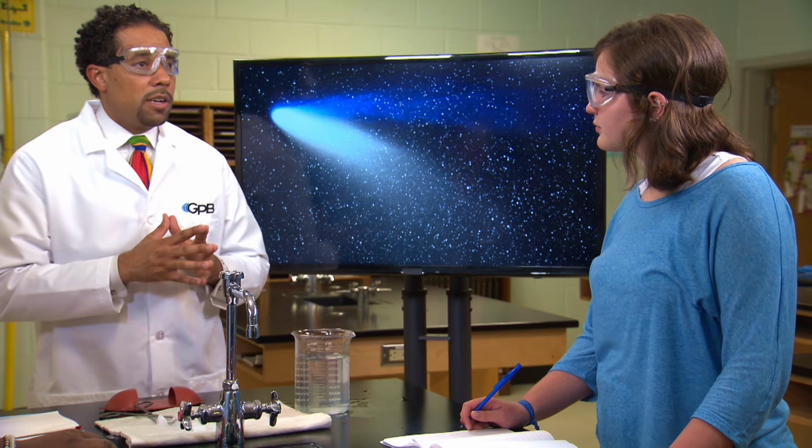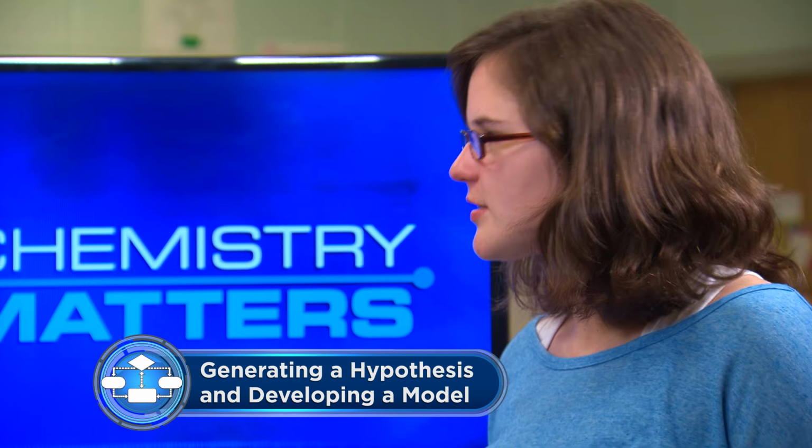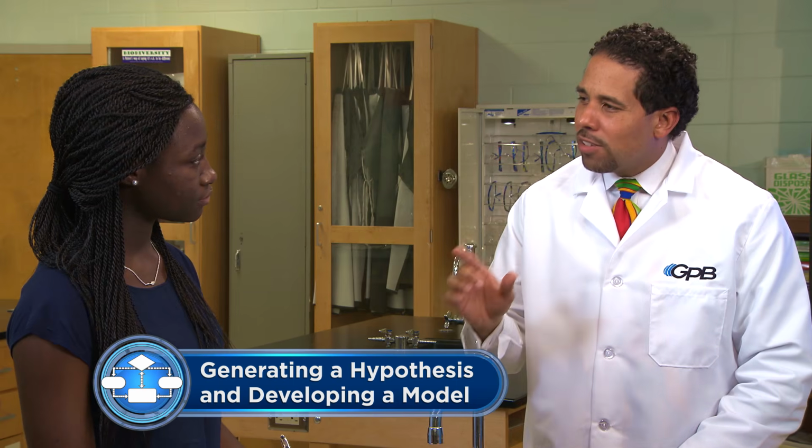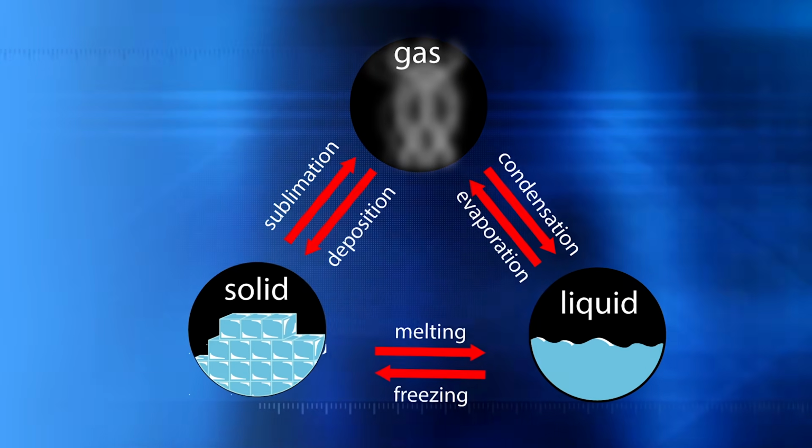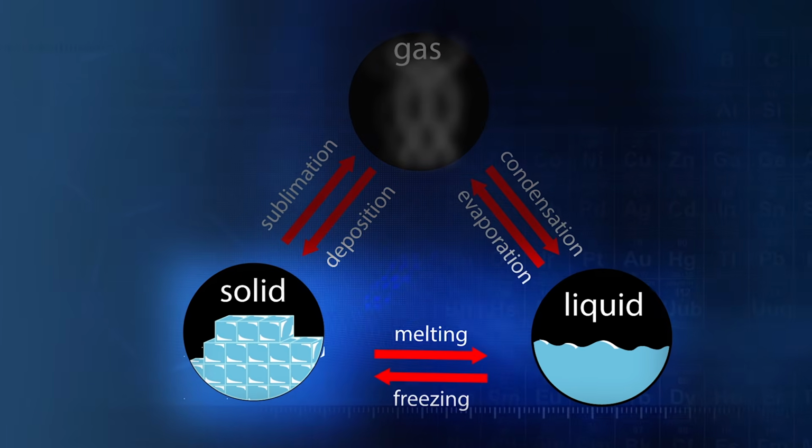So what are the major phases of matter? Solid, liquid, and gas. Good. And what phase transitions have we discussed? Evaporation. Okay, and now what happens in that phase transition? A liquid turns into a gas. The reverse is condensation. Good. Any others? The other phase change we discussed was melting, where a solid goes into a liquid phase.